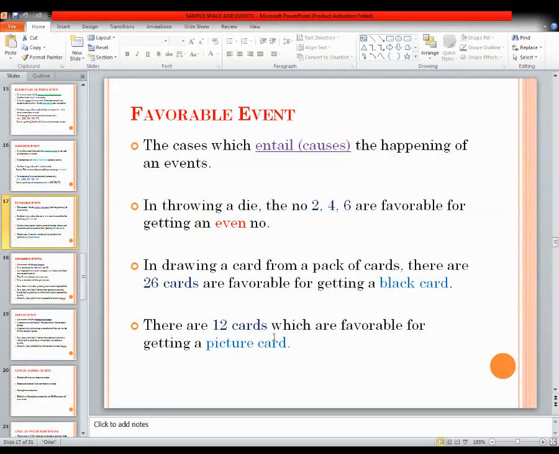And there are 12 cards which are favorable for a picture card. Jack is a picture card, king is a picture card, queen is a picture card, and these picture cards are four each. That means jack is 4, queen is 4,